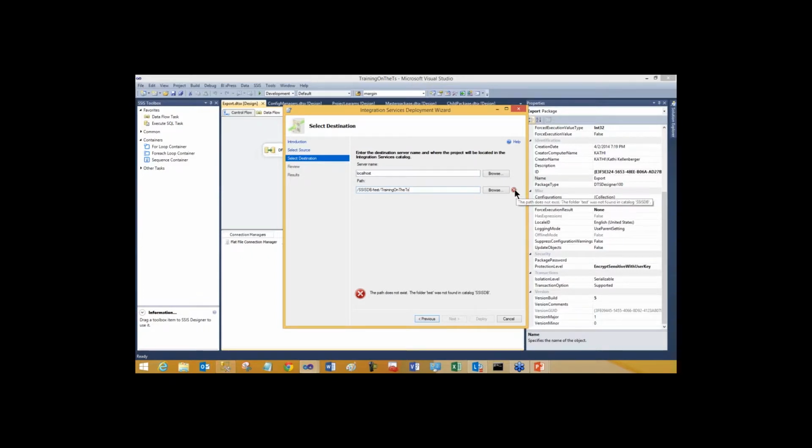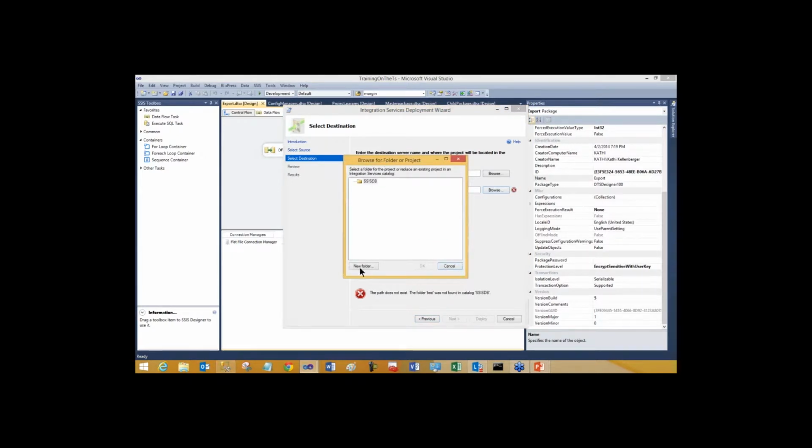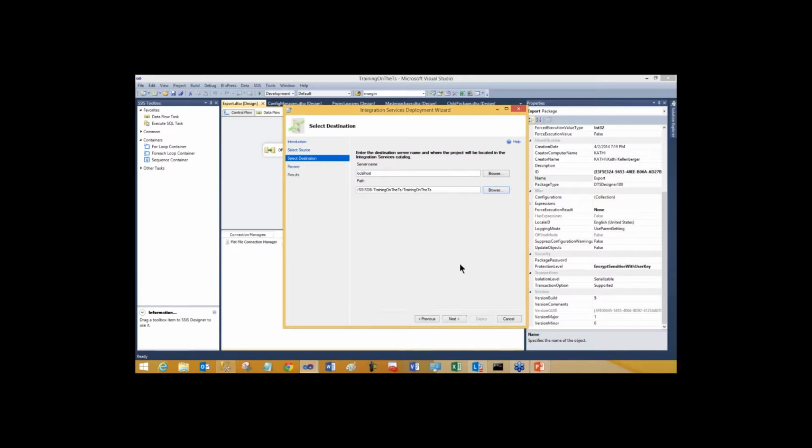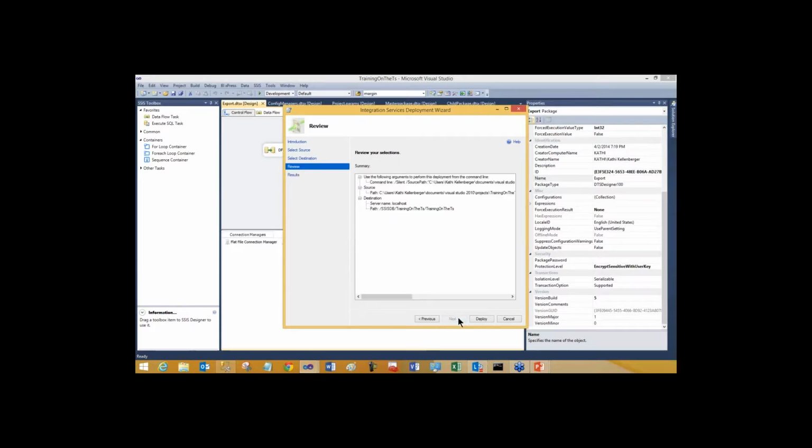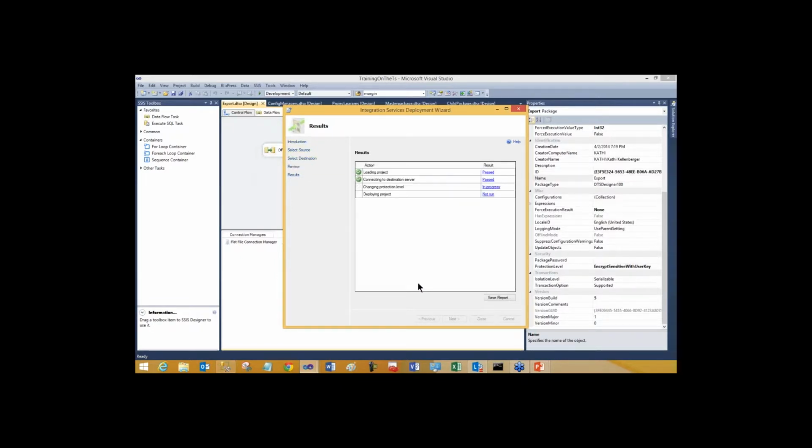When I do that, a wizard pops up. I'm going to click through this, and it basically just asks me a couple questions. First of all, what is the server name where I want to deploy? In my case, it's localhost, and it also asks for a path. Well, it's remembering this path from when I practiced my demos earlier, but you can see because I got rid of my catalog, it doesn't exist anymore. So what I'm going to do is just click Browse, and I have to